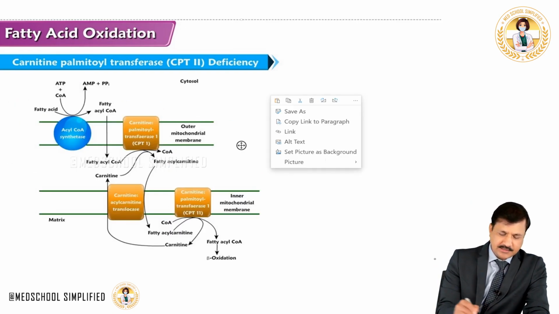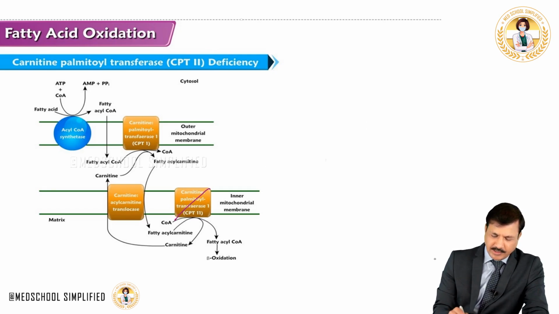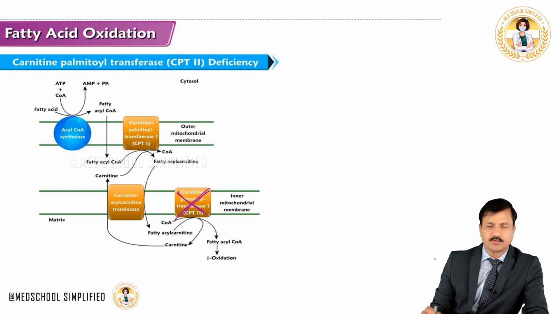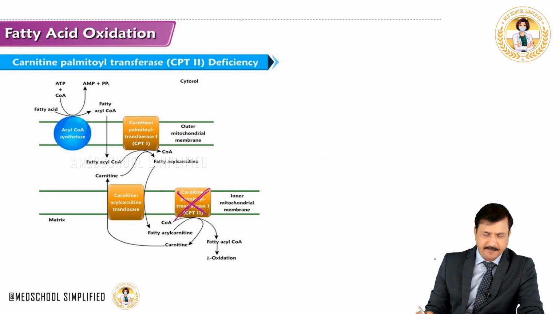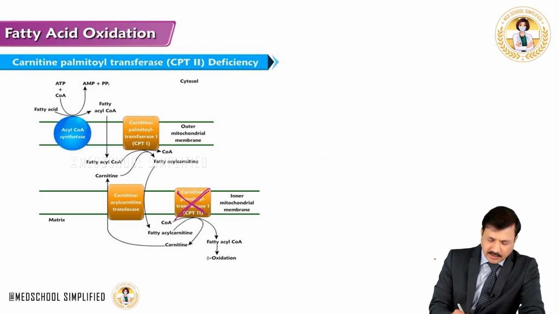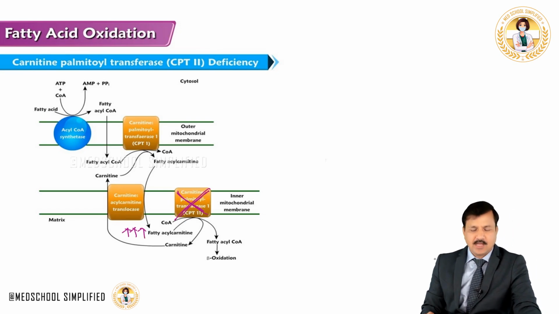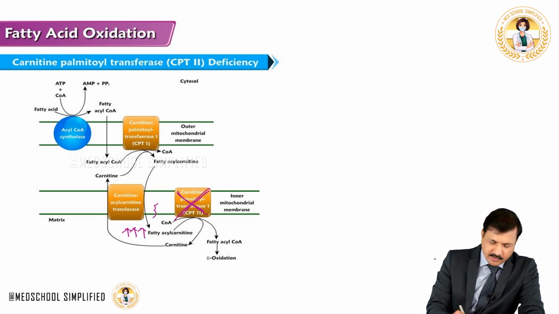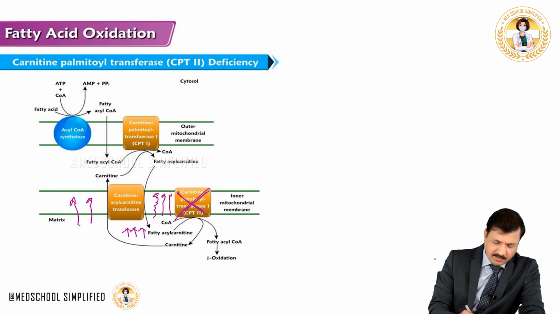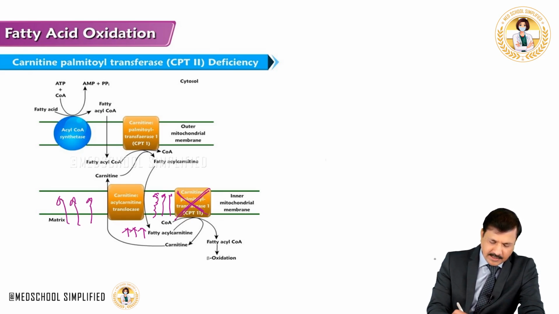Now let's move on to see CPT2 enzyme deficiency. Let's block this CPT2 now. So CPT2 is not working. When CPT2 is not working, there will be elevation of fatty acetylcarnitine in the matrix of mitochondria. And these fatty acetylcarnitines will damage the inner mitochondrial membrane, so they will leak out into the intermembrane space. So their levels will be increased in the intermembrane space, and then they will damage the outer mitochondrial membrane, and eventually